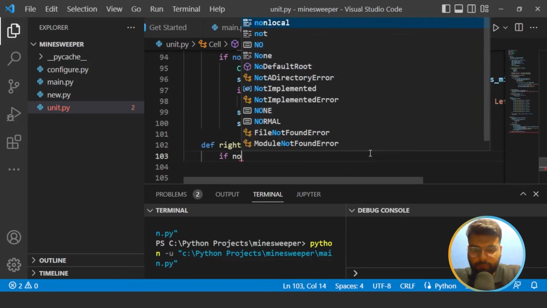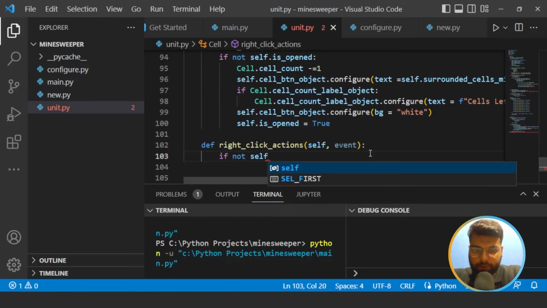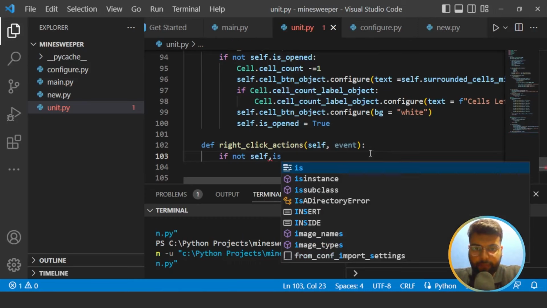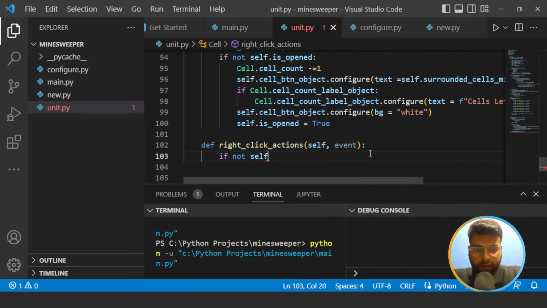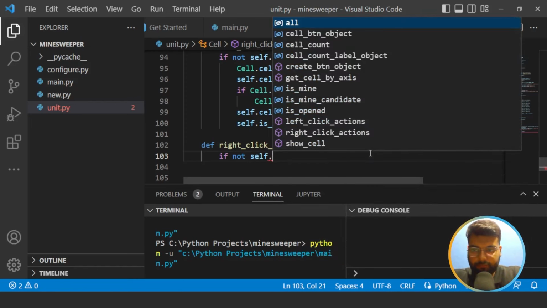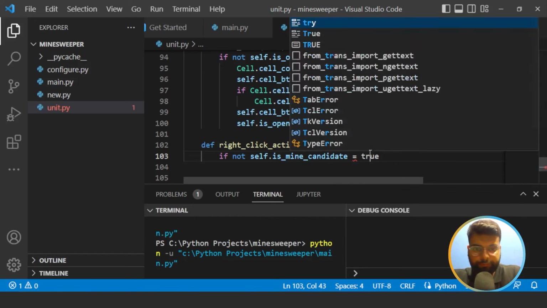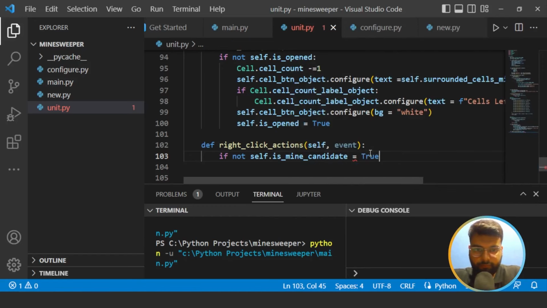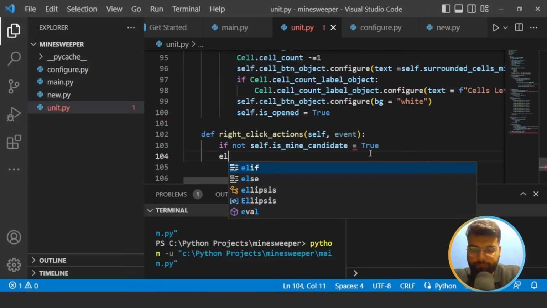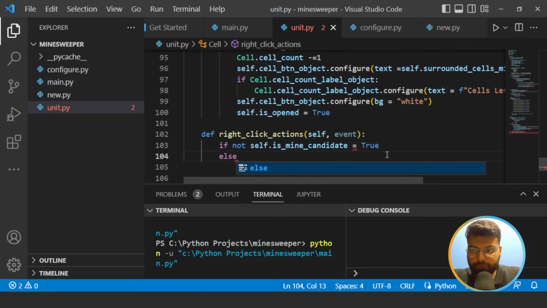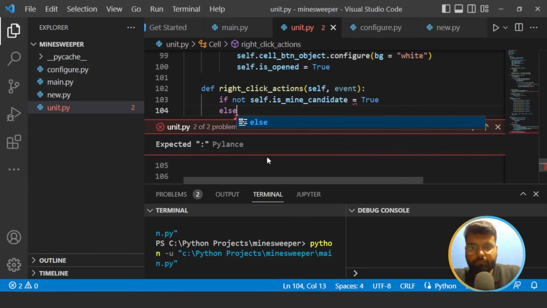If not self.is_mine_candidate, we'll set this as True, else